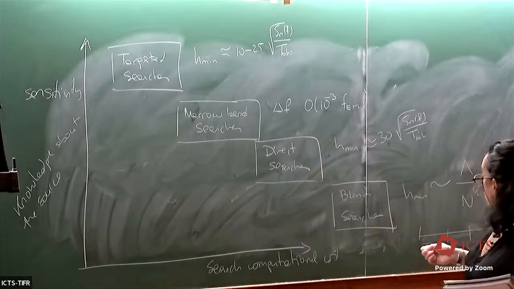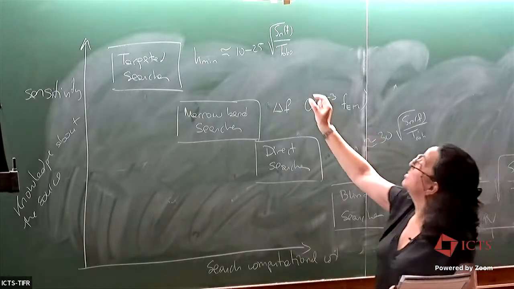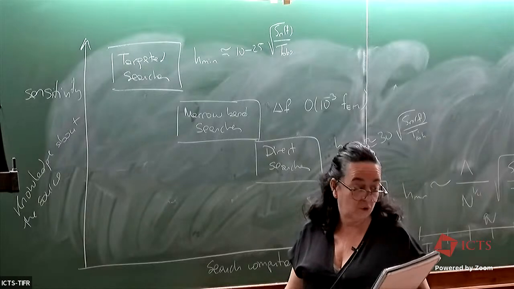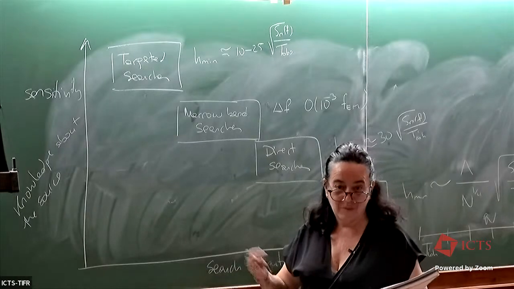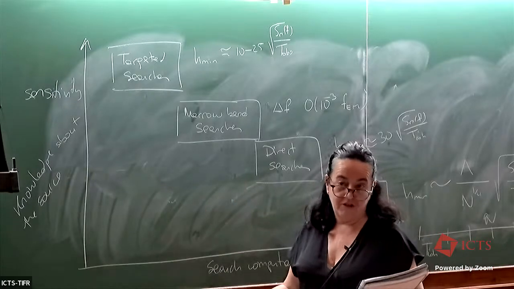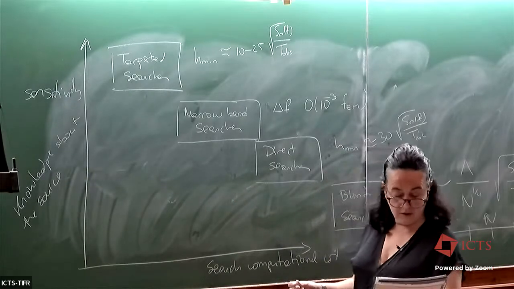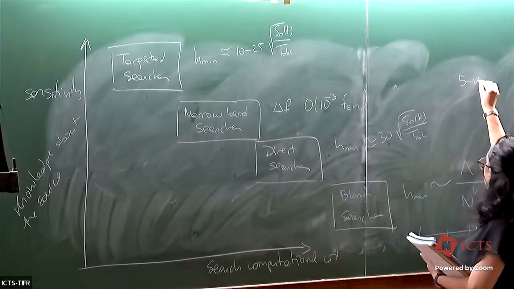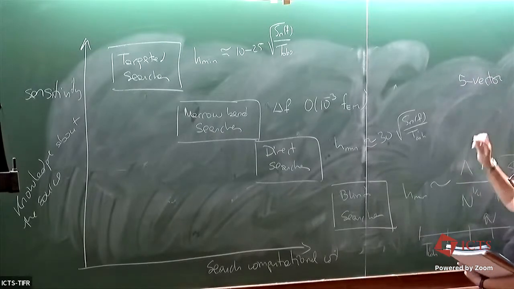Well, if my coherent integration time is very, very short, minutes, hours, I could simply do the power Fourier transform. If it is longer, apart from the F-statistics, there is another method developed by a group in Rome called the 5-vector method,